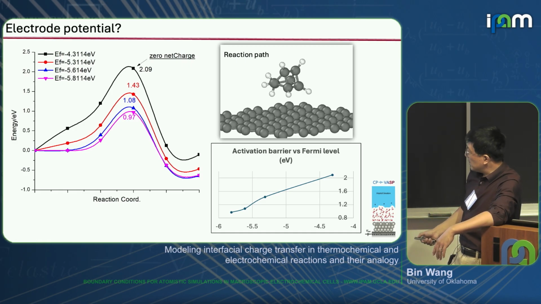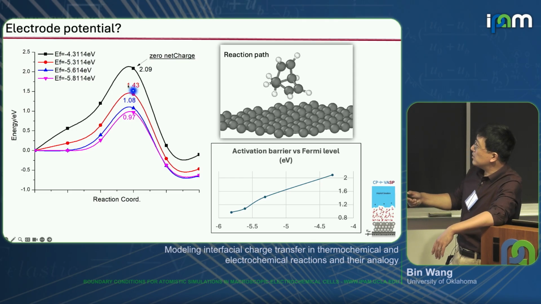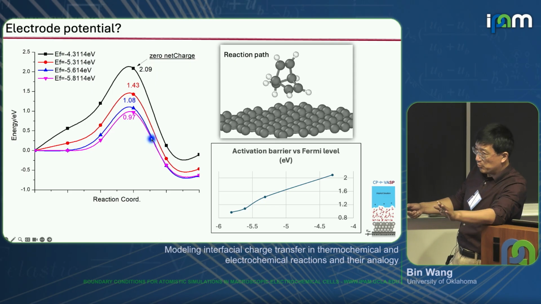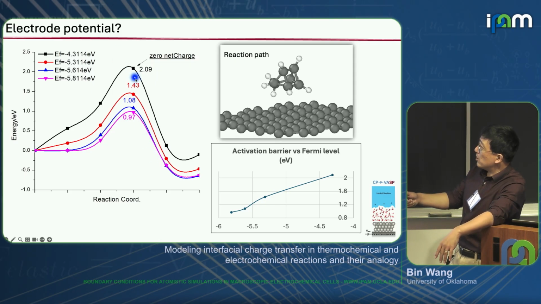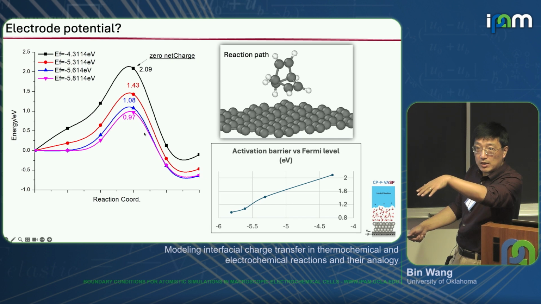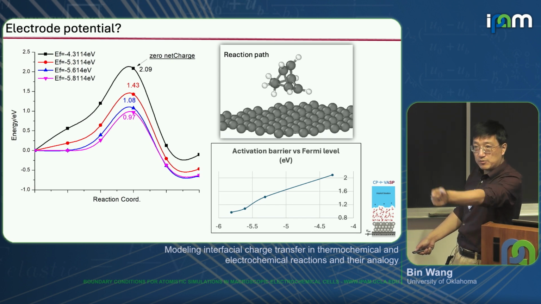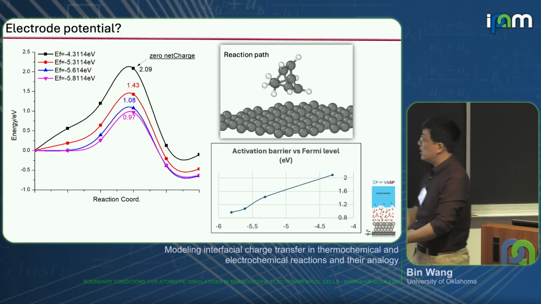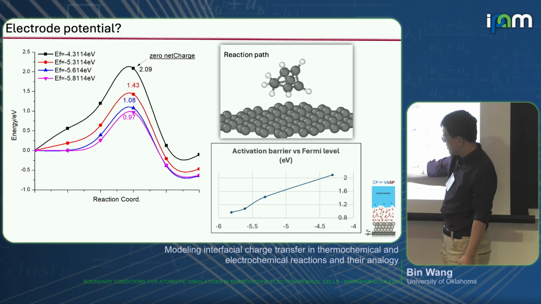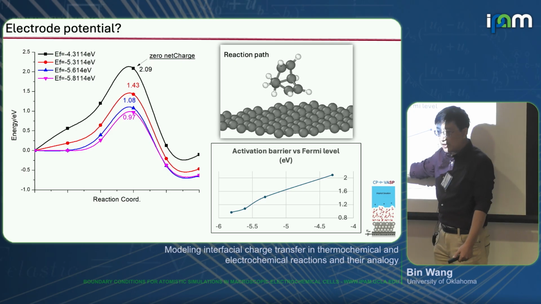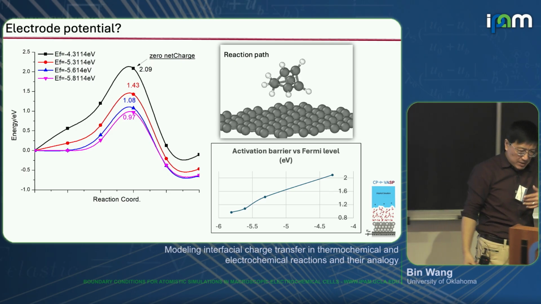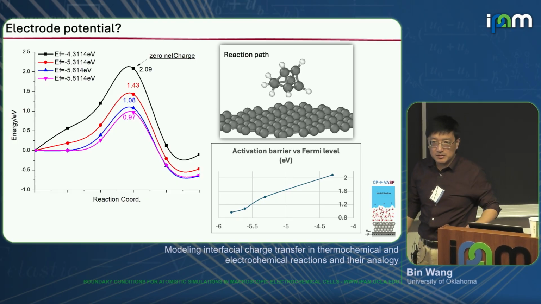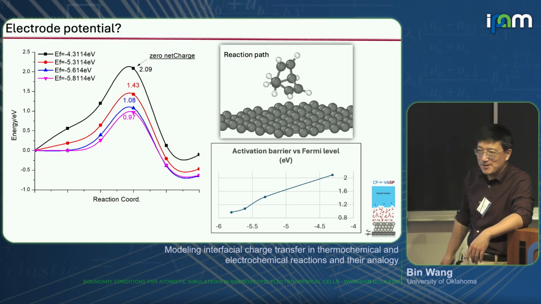As you expect, if you lower the Fermi level from minus 4.3 and further lower it, the Fermi level goes down and down, so you're moving to more positive potentials, and your barrier also drops. That's because the Fermi level is going down, you withdraw electrons from the molecule, and then the bond can break. And then we also plot the activation barrier as a function of the Fermi level change. We see it is somehow a linear change, but we are still in the early stage of analyzing the data. I put it here just to satisfy the audience that we are also working on electrochemistry.